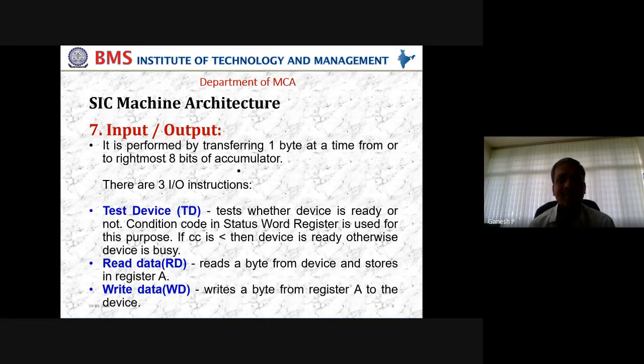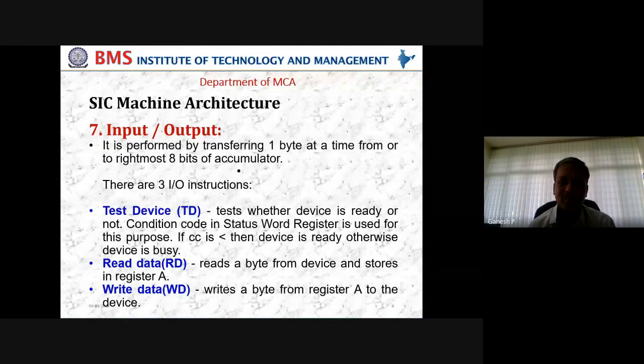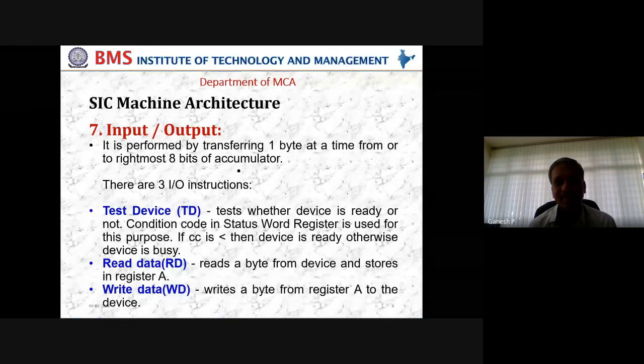If that is the case, with only one side the data transfer is possible, while on the other side, either receiving or sending is not available because the device is not ready, maybe switched off, or there is no power supply, whatever the reason, or it is not connected to the system. So every time you transfer data from one device to another, we need to check whether the device is free or not. That is one way of looking at why we have to test the device.